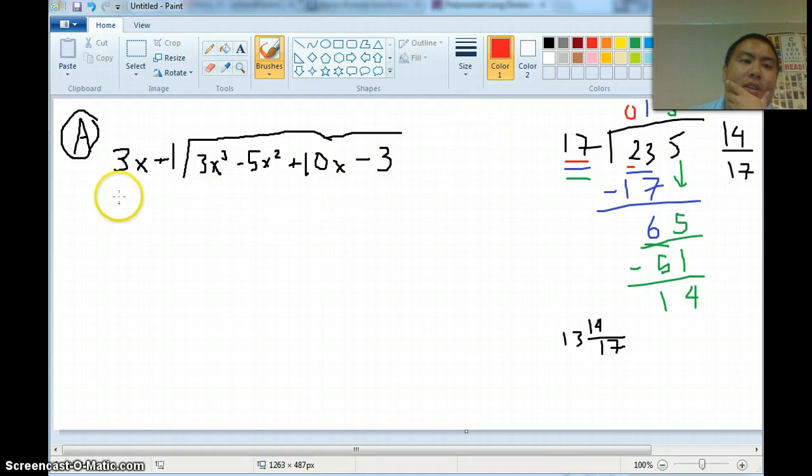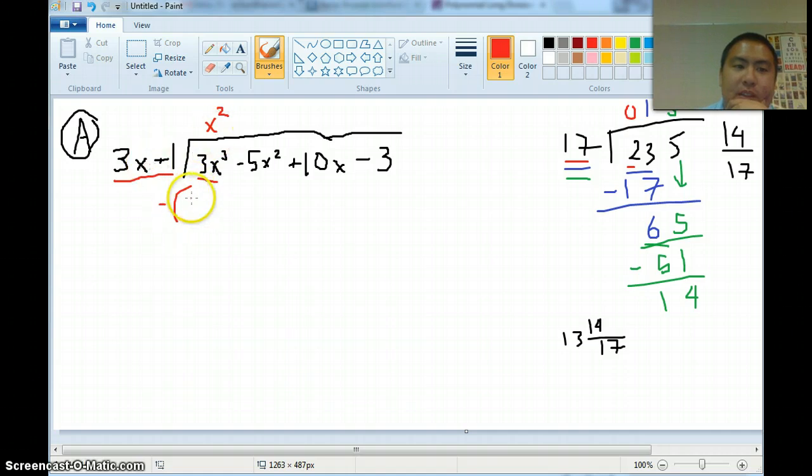Okay, so I'm going to start off over here. I see 3x plus 1, and I want to get rid of the leftmost column. So 3x to the third power. How can I get this 3x to match up to be 3x to the third power? Well, I think I want to match the degrees, so I would want to get x to the third power. Okay, so I need to multiply by x squared to get it to the third power. If I multiply by x squared, remember, just like in this example, I have to subtract. So I'm going to subtract